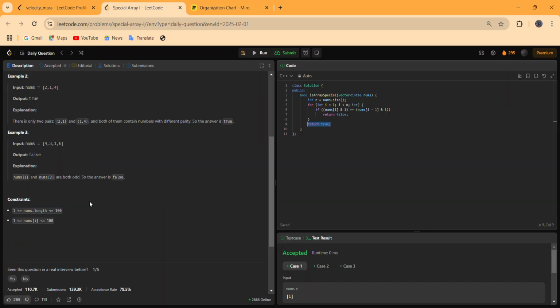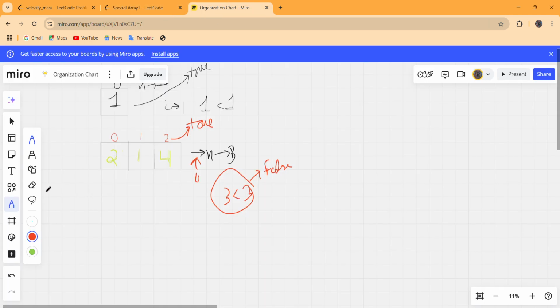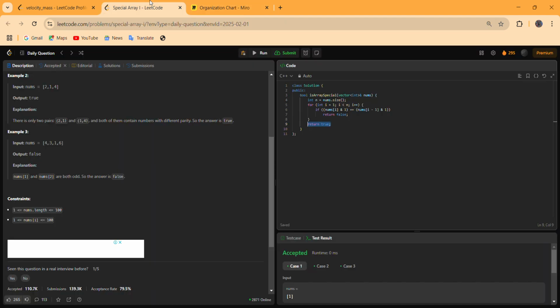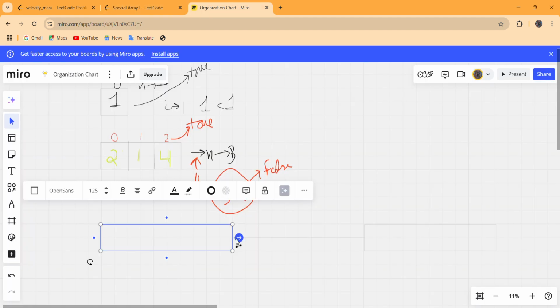And similarly for input array number 3, we have 4 elements: 4, 3, 1 and 6.